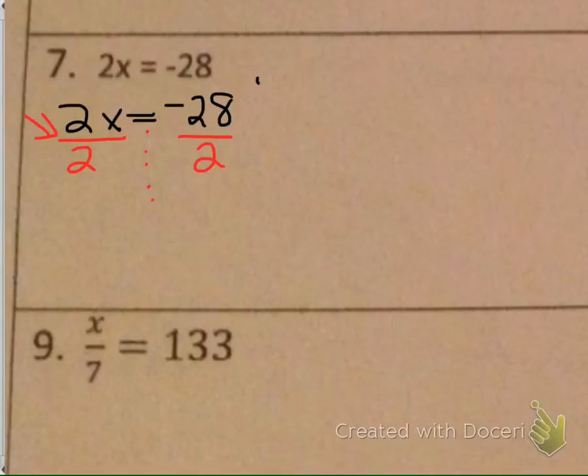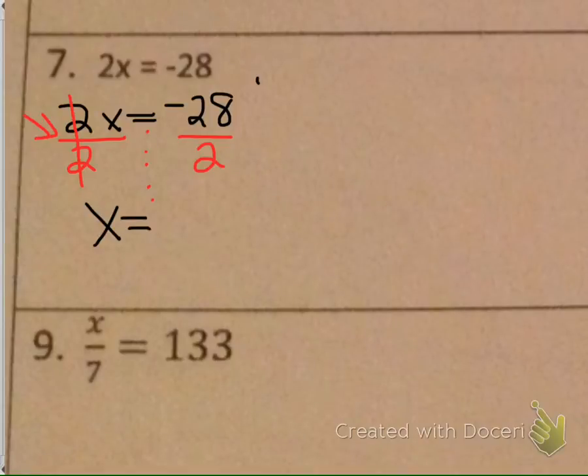Okay, well, 2 divided by 2 would be 1. This would be like a 1x, but we don't write 1x. There's an invisible 1 in front of the x, right? So we're just going to write that as 4x